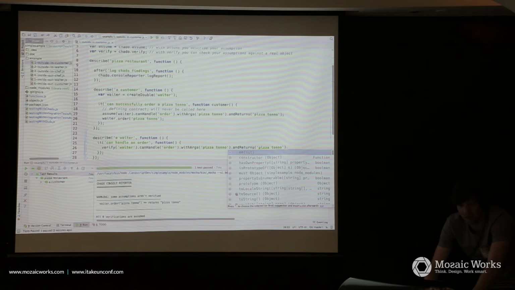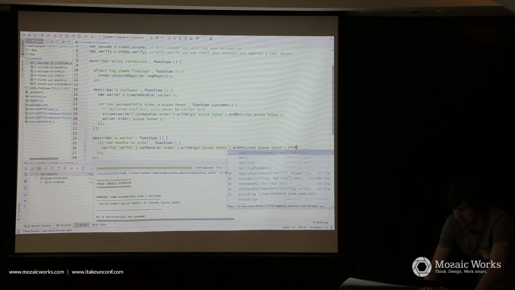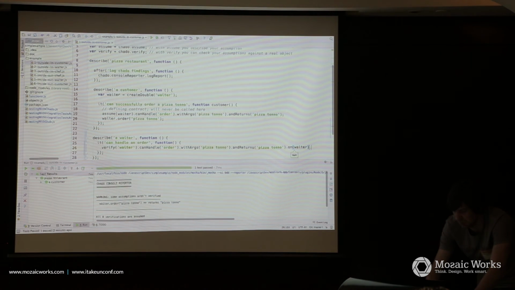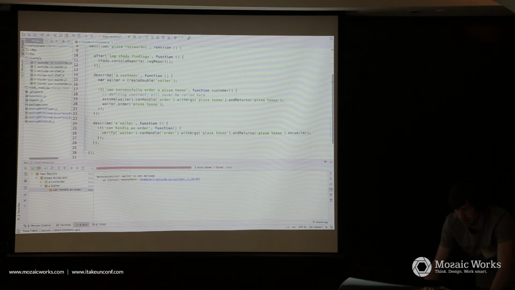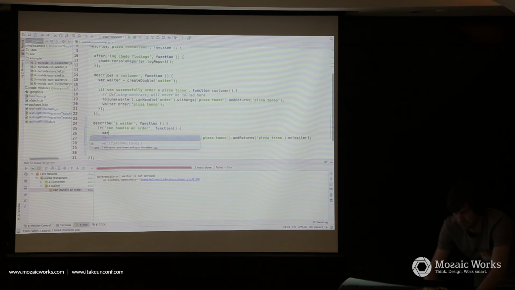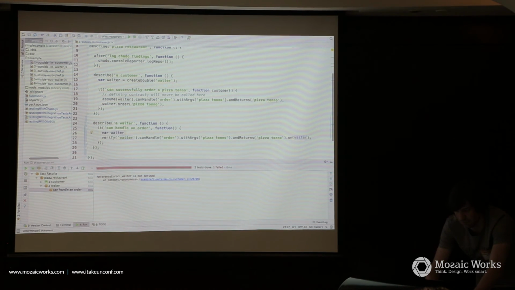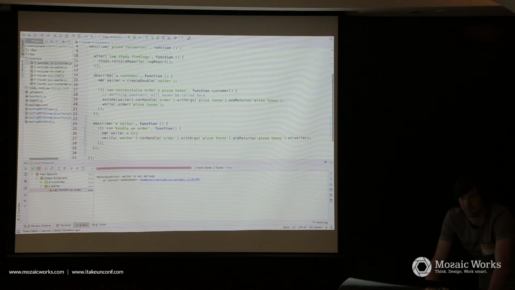So now I should pass the real waiter. So yeah, I pass the waiter and I let it run. Oh no, we do not have a waiter yet. Let's create a waiter. And here you can again just continue. You can again see how harmless JavaScript is. Something is not there, it doesn't really complain. It just says it's not there. So it crashes at runtime.